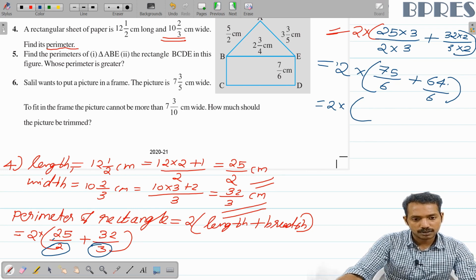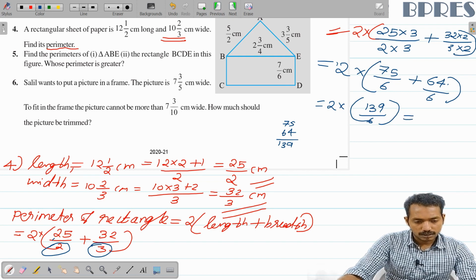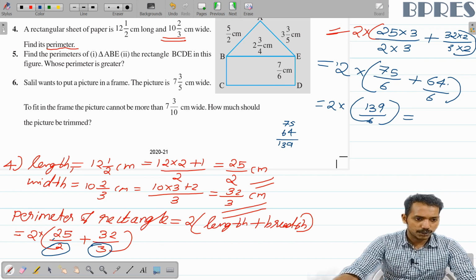So 75 plus 64 is equal to 139. So 139 divided by 6, which is equal to, now just multiply 2 into